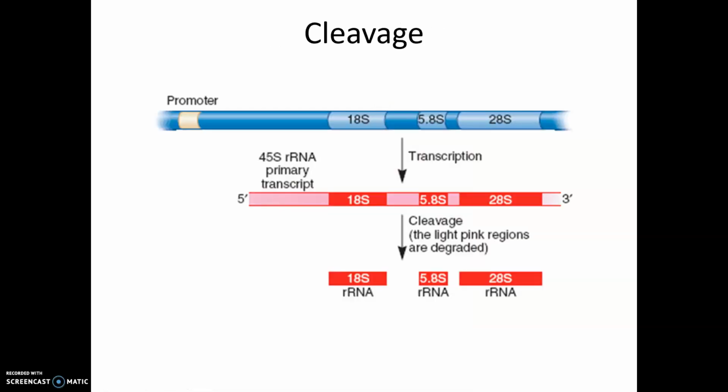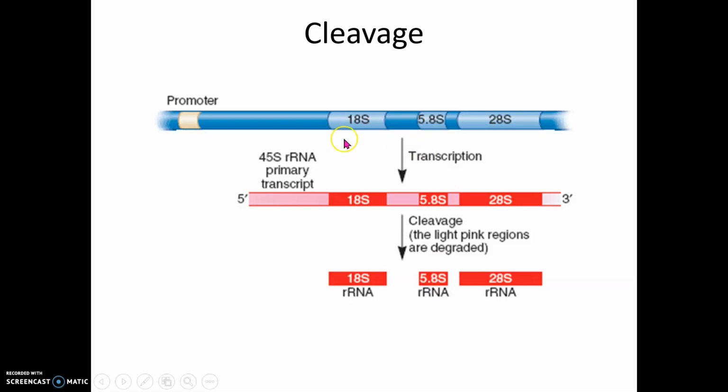So the first we're going to look at is cleavage. Here we are looking at an rRNA transcript. When it is first transcribed from the rRNA gene in the genome, it creates this primary transcript. It's 45S, and that's how it's being measured. This 45S transcript has to be cleaved to produce the mature 18S, 5.8S, and 28S that go on and help